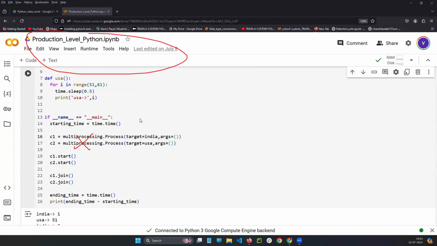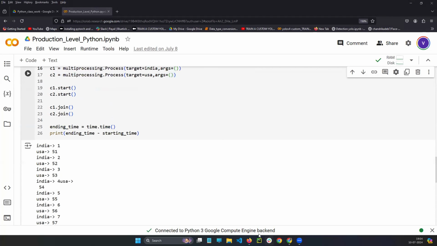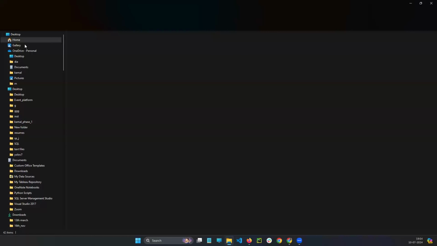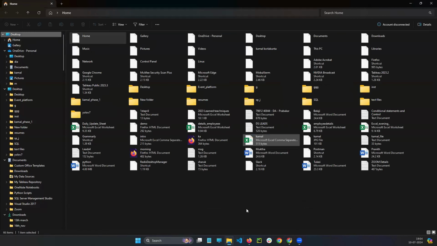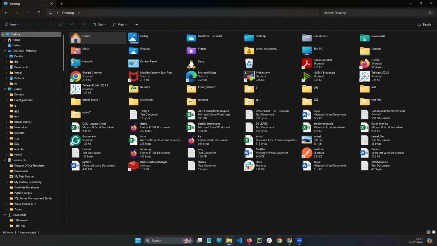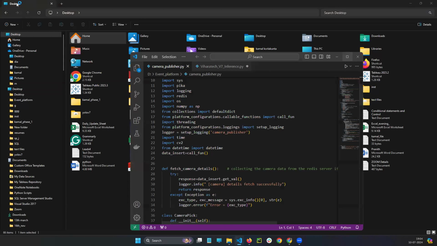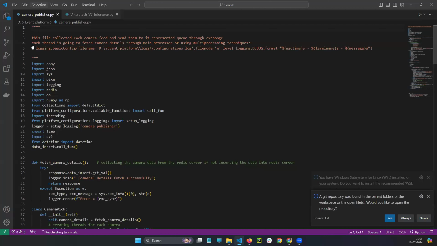So for this section, to understand this concept, I will use VS Code or PyCharm, because these processors are connected to the server now, so it won't work properly. Now I'm going to open the same code, just in a different IDE, just for this concept. If you are not understanding, let me know. So on the desktop, I'm going to open my VS Code, which is nothing but another IDE.